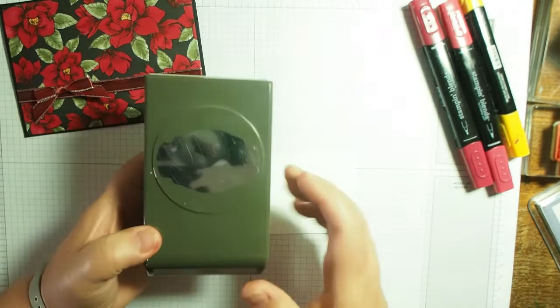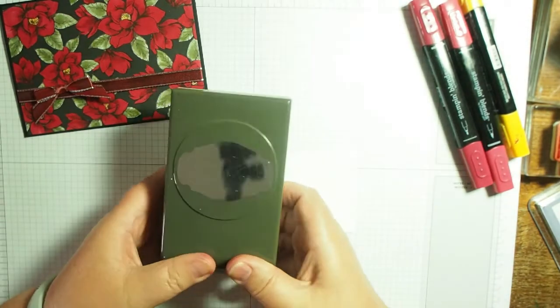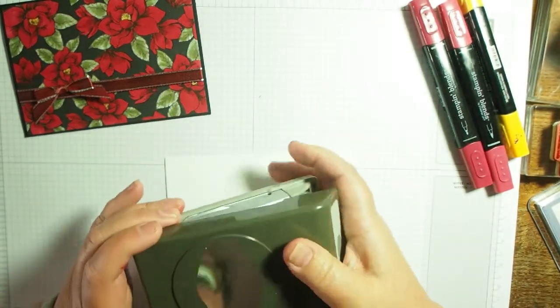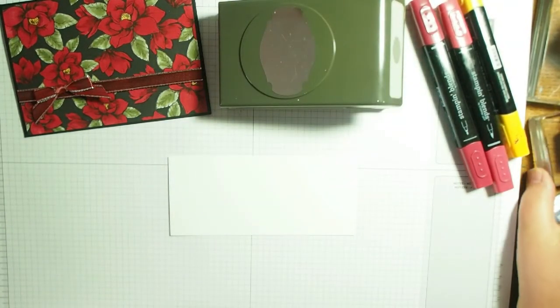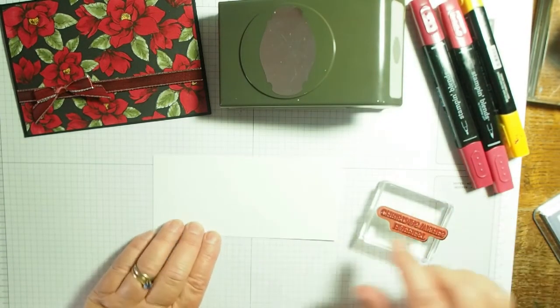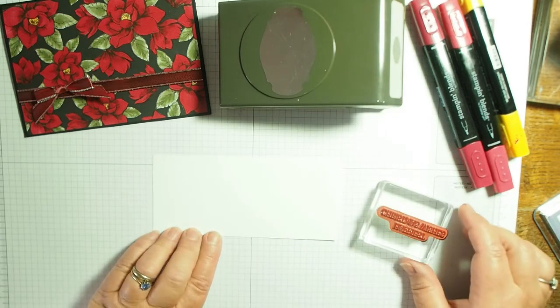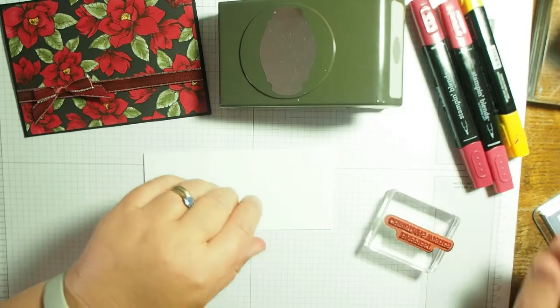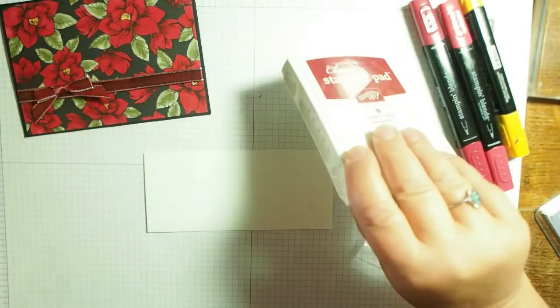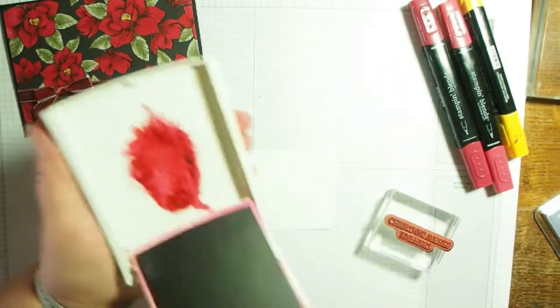I don't have an annual catalogue handy at the moment, so I can't remember the name of this punch. It's really pretty, but you'll get that on my blog, the details of everything that I've used in this card. So here we go. I've got some cherry cobbler ink here, so just going to